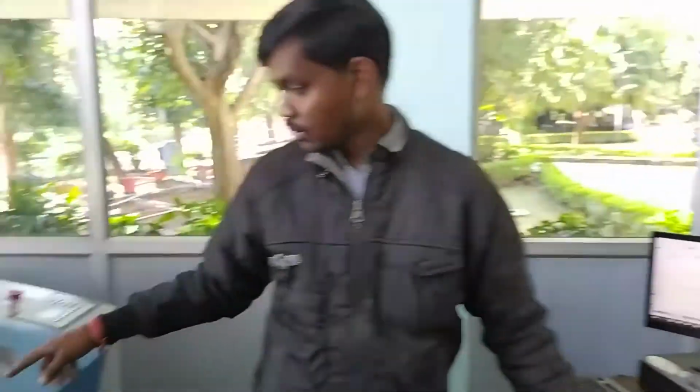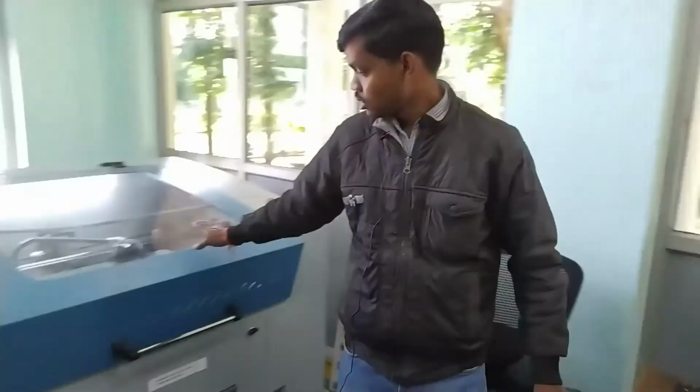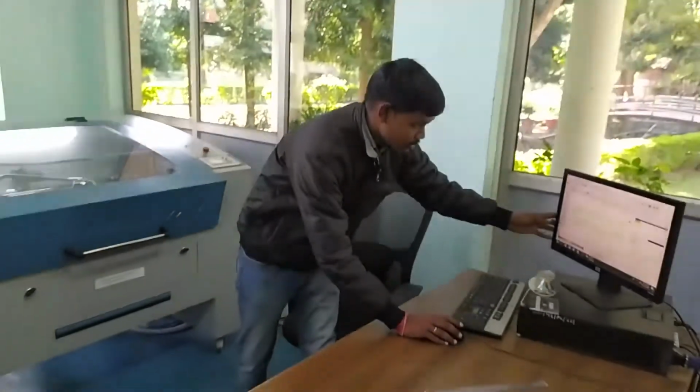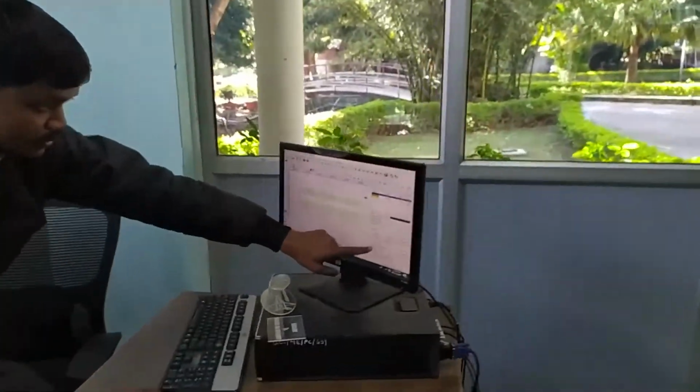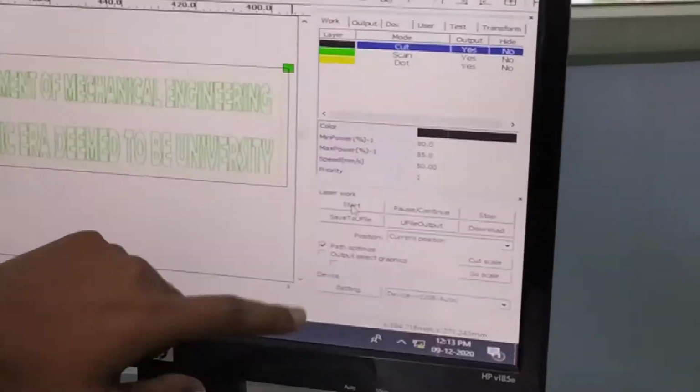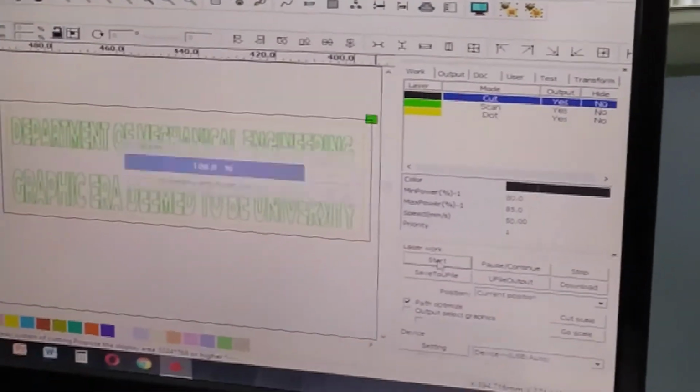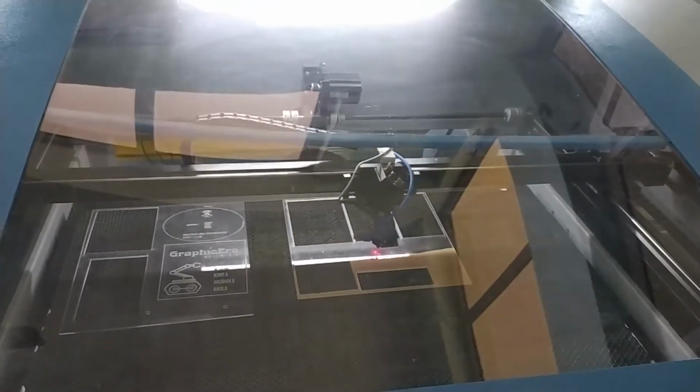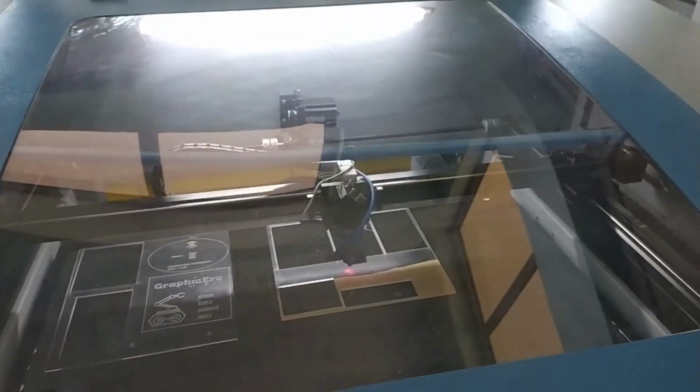Okay, all things are okay, and my laser is on the workpiece. I simply click on this start button, and the laser is moving there. Okay, I want to stop it.